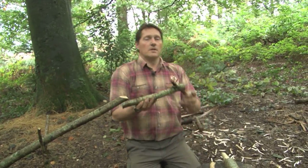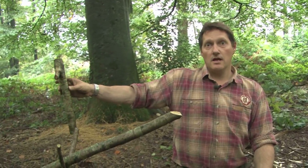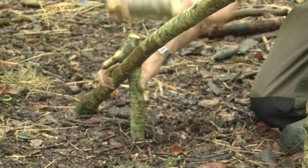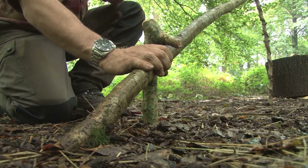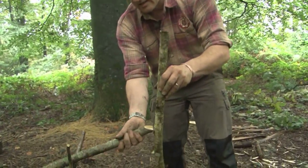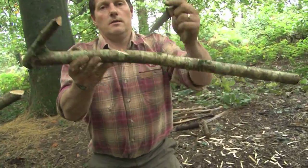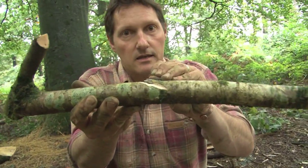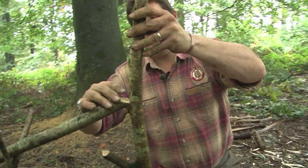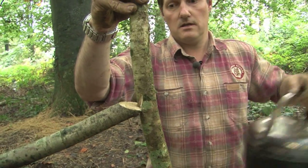This is the next one that I'm going to use, and this is going to go upside down and keep this long stick stationary. Now this is going to hold our pot, and it's going to hold it at various heights. So I'm going to put 3 notches in this one. I'm just left with this little beak here, and that beak, I don't know if you remember, we put this perforation in there, and that just sits in there, so that when there's a bit of weight on it,